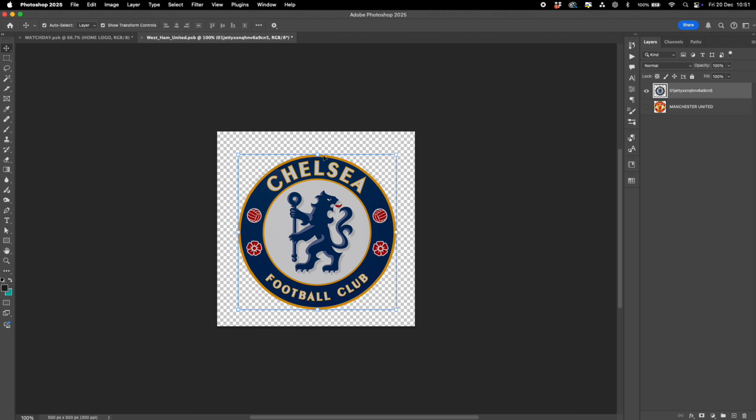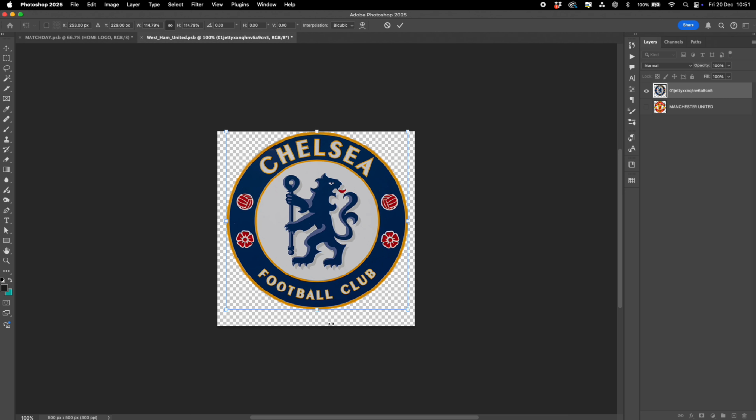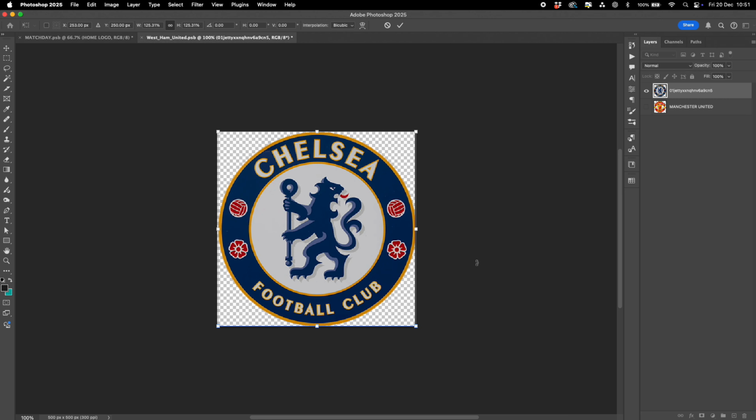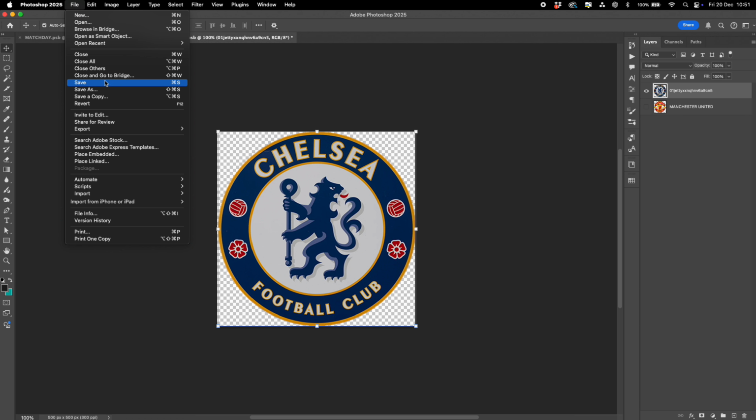Now we can control this, and we just want to fill the space up like that, and that's how to remove a background. You do this for all your logos, your logo and your opposition logo. Very simple, very quick. And once you've done it, file, save,